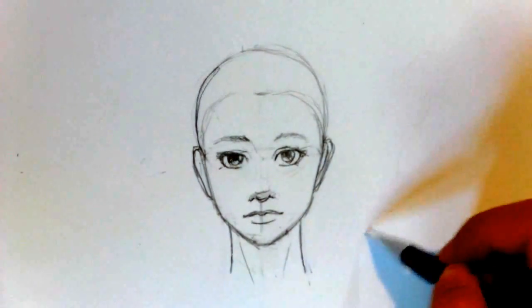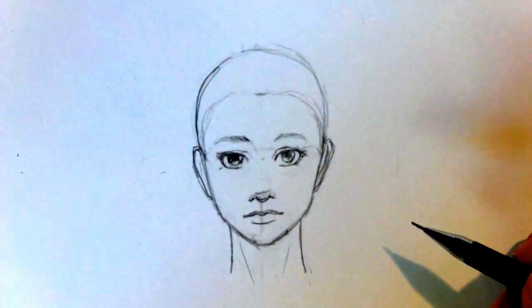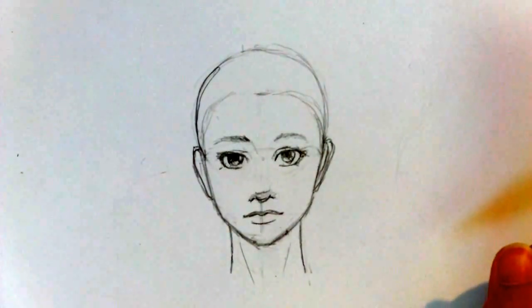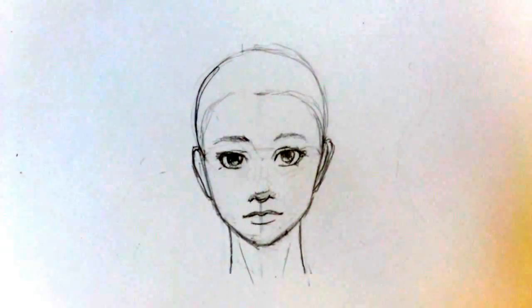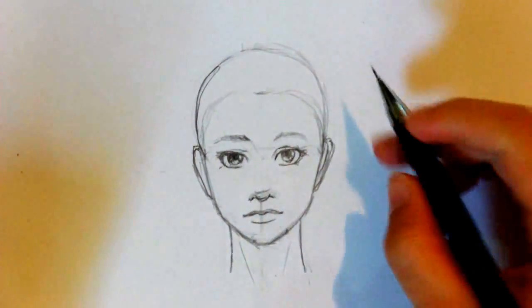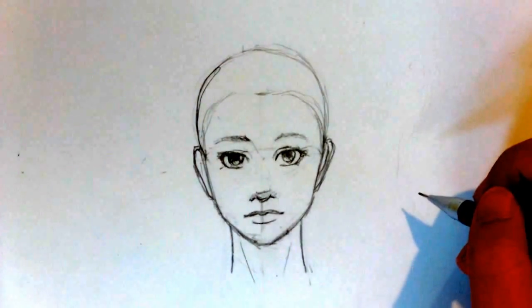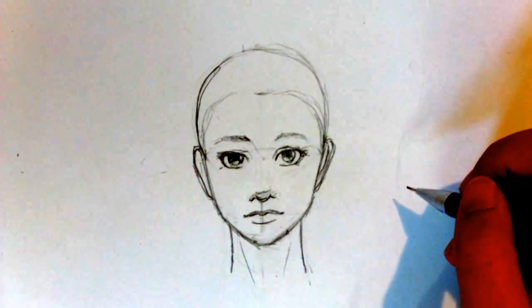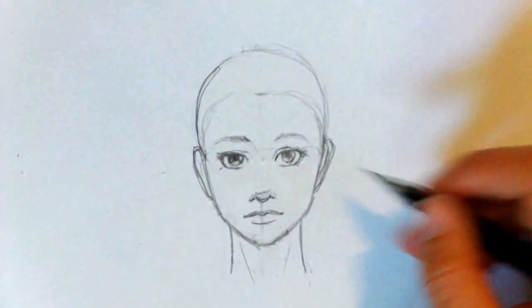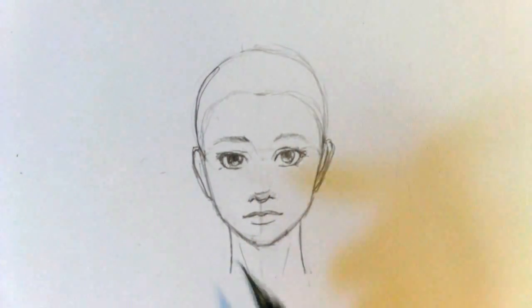Sometimes if you want to draw a general shape of the hair that you want, it's a good idea. Like if you have completely wild and crazy hair, or really short hair, or ridiculously overstyled hair, like curled and shiny and pretty and salon-like. But most of my characters don't do that, because most of my characters are either in a fantasy setting or they just don't really give that much of a crap about their hair. But for this character,